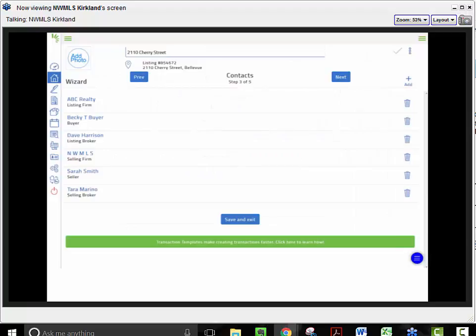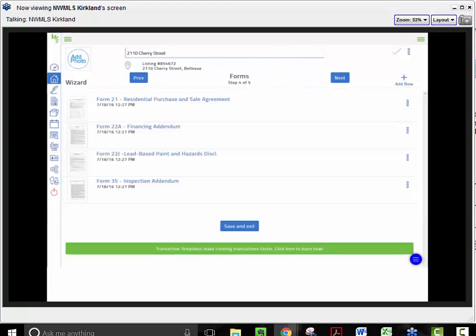Okay, so now I'm done. It was really that easy filling in contacts because everybody else was automatically here for me. So I'm going to go ahead and click Next in the upper right, and I'll move on to Step 4,